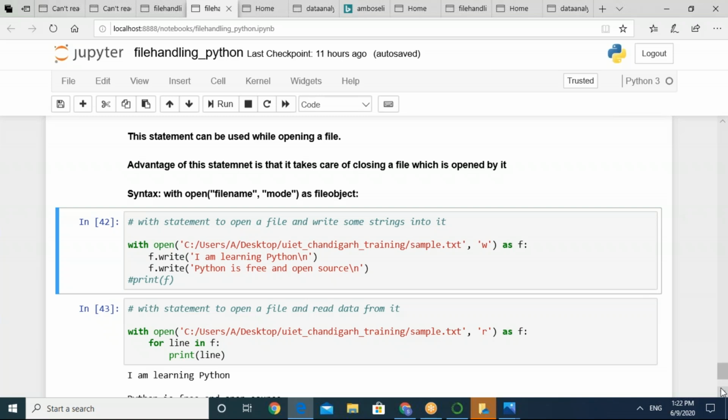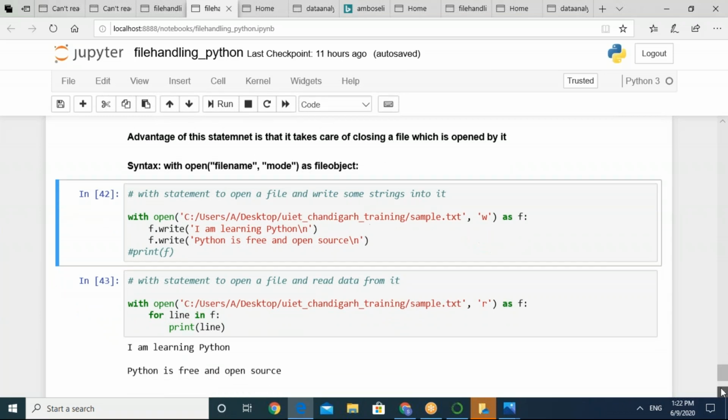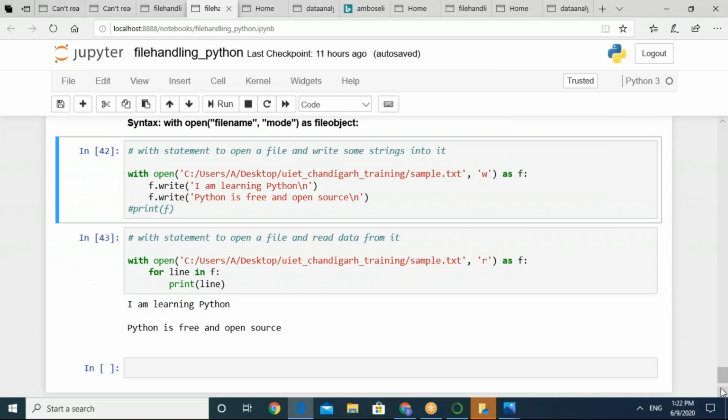I have used the same sample.txt file, opening it in r mode, and then I'm using a loop and just trying to print line by line the information stored in the file.